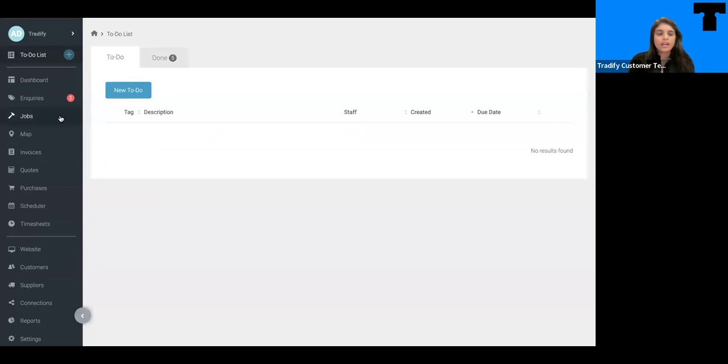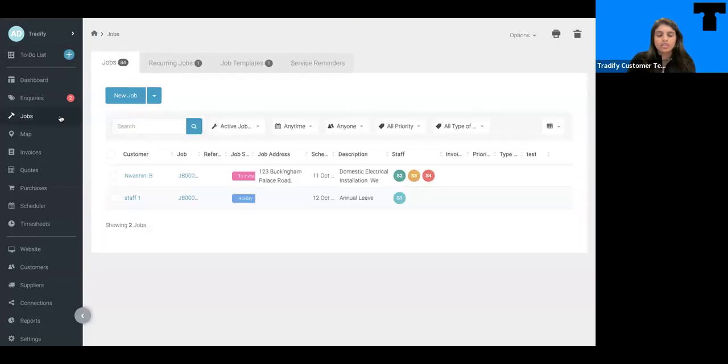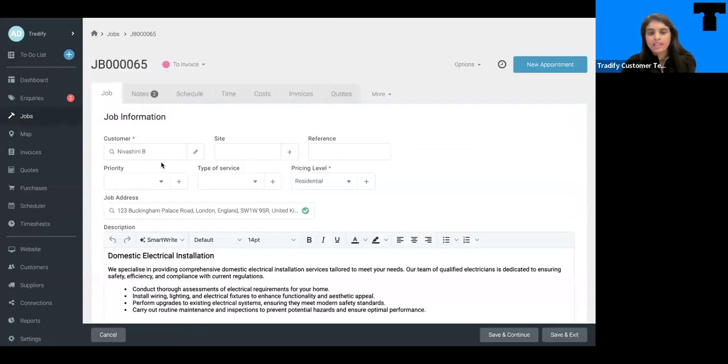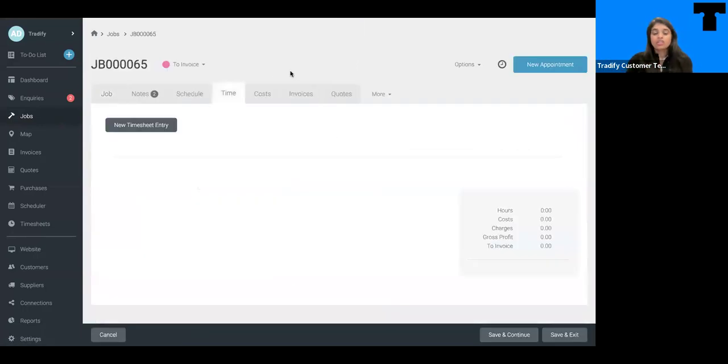Perfect. So I want to go back into jobs and show you what your staff will see on site. When you've assigned them a job and they go into the job folder, they will have access to time. So time is timesheets in order for them to clock in and clock out and record how long they were on the job for. Now, there are two options on how staff can enter their timesheets in. One is the timer up here. So they simply click on the timer,